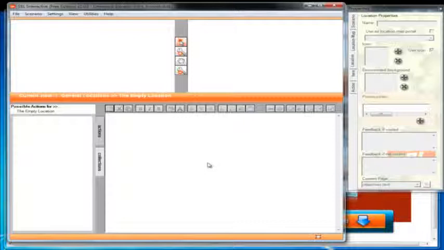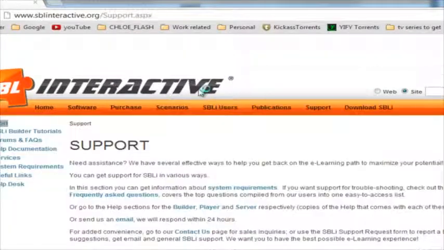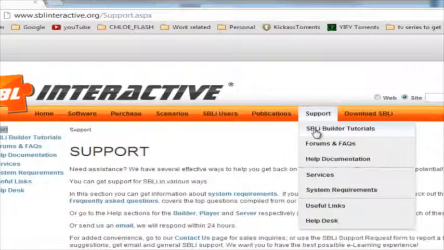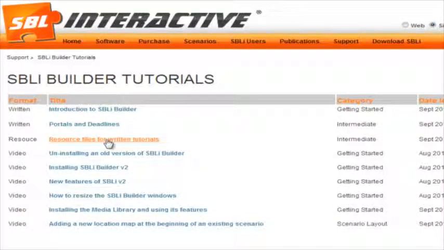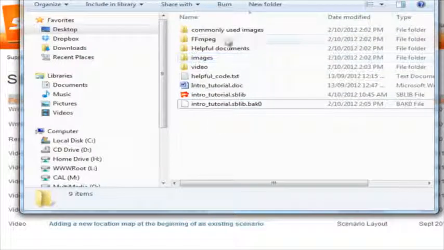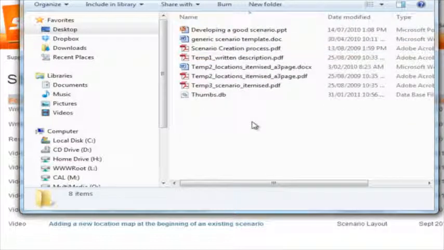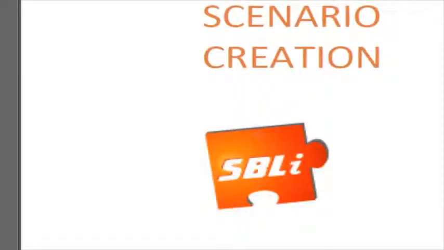Now let's just go through a couple of things first with regard to planning the creation of a scenario. So once again, just a reminder, go to Support and SBLI Builder tutorials, where you can download your resource files, which we've done previously. We saved this to our desktop, and when you've unzipped it, you'll see these folders here. So in Helpful Documents, if you double click, you'll see one that's called the Scenario Creation Process. It's quite a short document, it's only a few pages long, but it runs through